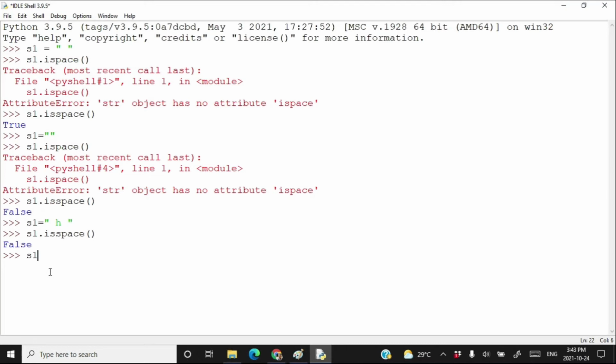Now let's create one more string. s1 is equal to space, backslash t, and space. Press enter. s1.isspace returns true because the backslash t is considered a space. A tab character is considered a space. So this string consists of only spaces.